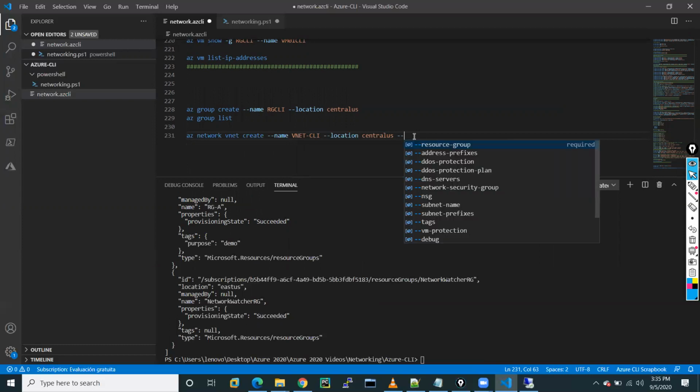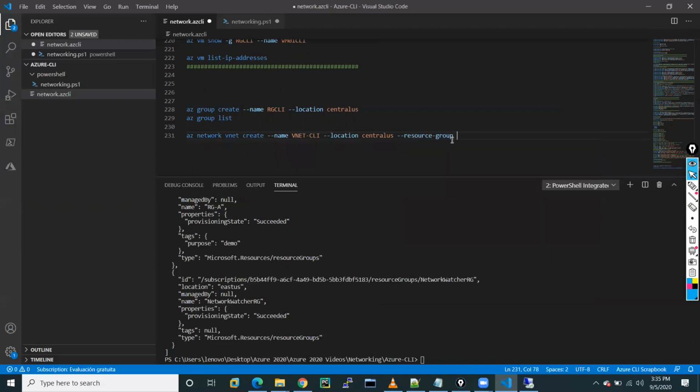After that, you can define the address prefix. You have to define the resource group as well, so give the resource group name, RGCLI. For address prefix, let me use 172.16.0.0/20.